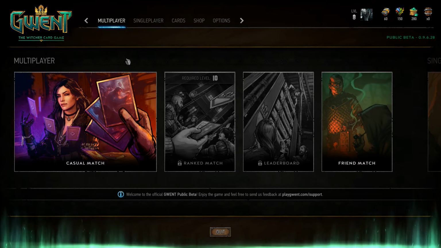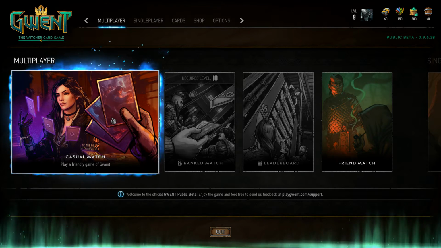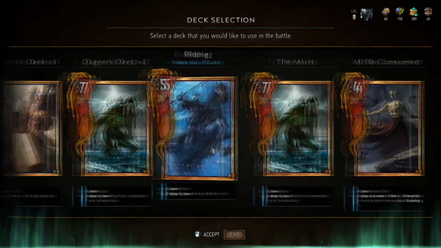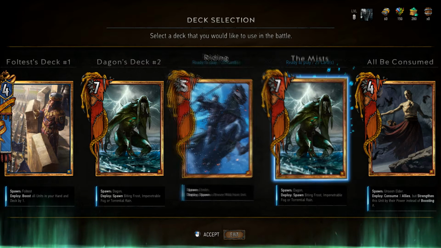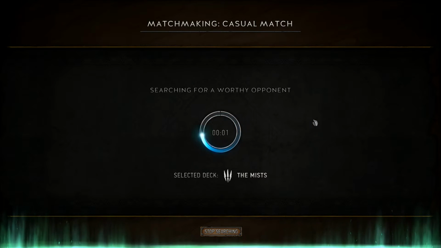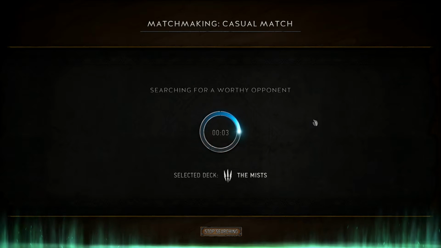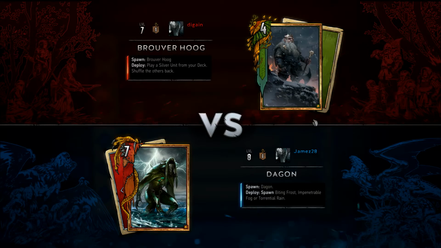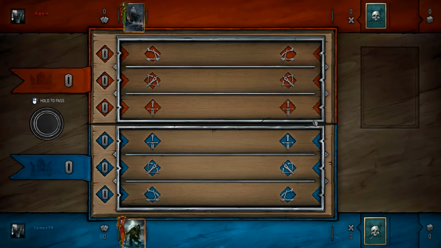Now, I've spent all this time talking about the game. Let's jump right into a casual match and just show you what's going on. I'm going to go with a Mist deck, and we're gonna jump right into a game and see how that works. We're gonna talk a little bit about how the gameplay works, and how you exactly win a game of Gwent. So, the versus screen shows you what enemy you're up against,